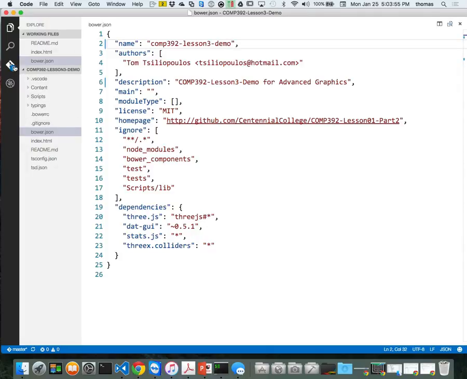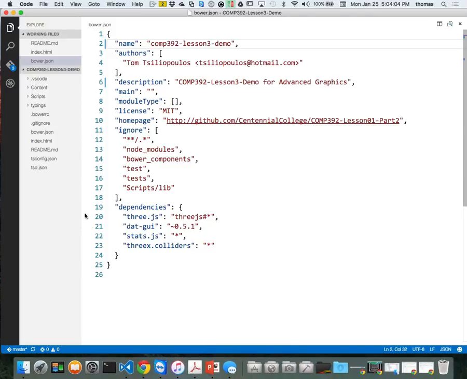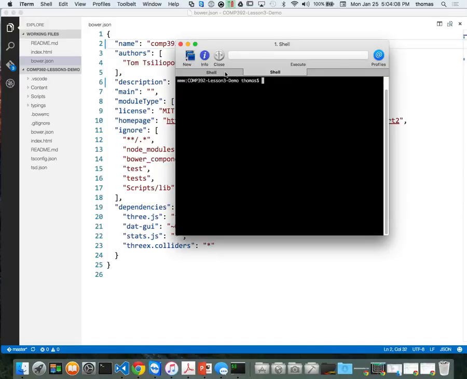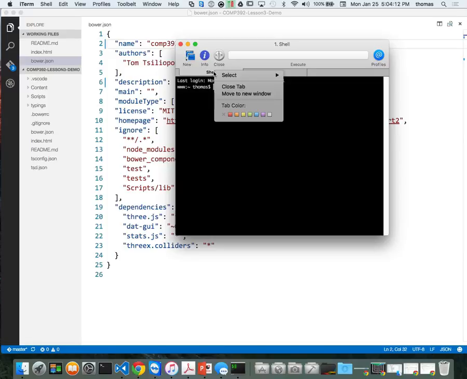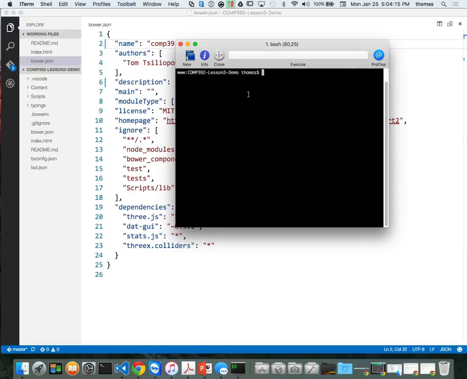But now I want to kill Git. So how do I do that? First, I want to reveal my project in terminal. Let's try that again. I want to reveal my project in terminal, and it'll bring up terminal. So now it's looking at COMP392 Lesson 3 Demo. That's the one I want you guys to follow for today. And I want to go in there and say,